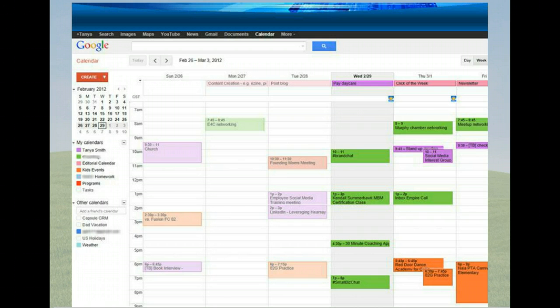And the really neat thing about this is that you can color code. You can color code each calendar. So what you may look at doing, for example, would be color coding, let's say you decide I'm only going to have all of my coaching appointments be in green, okay? I'm only going to have my kids' events be in orange. I've even created for myself an editorial calendar right here within Google Calendar. And so that for me is pink, okay? And that reminds me when I know that I have written content that I need to put together or something else that I need to do to deliver as a marketing tool.